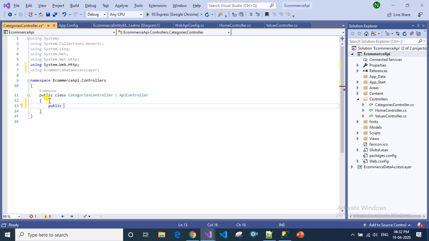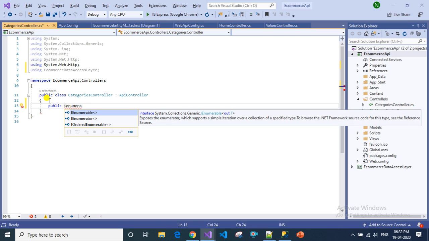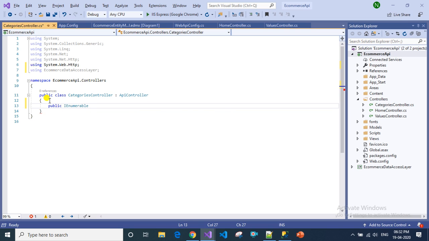Now we can write a method to get the data from the database from the categories table. I'm taking an enumerable of categories.